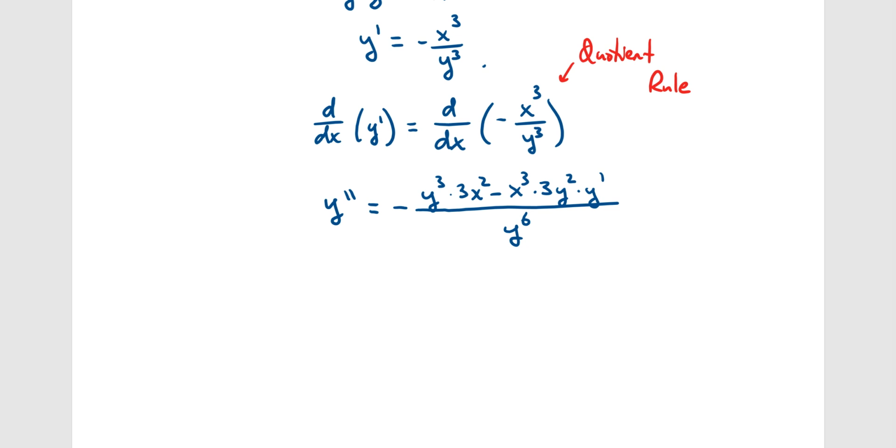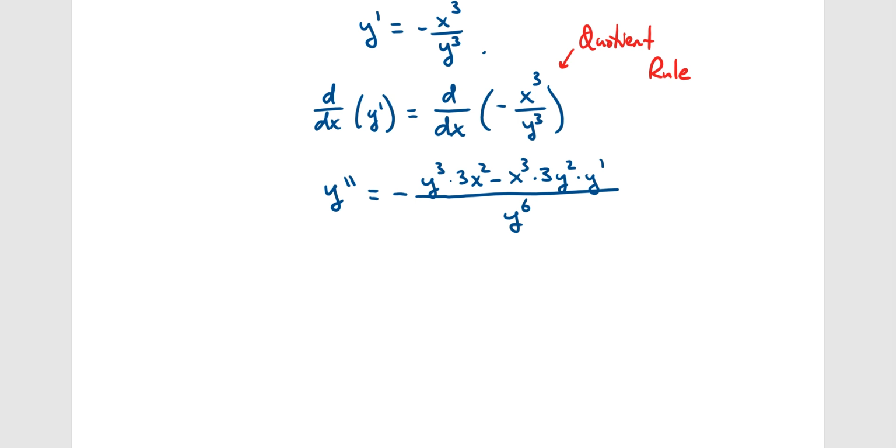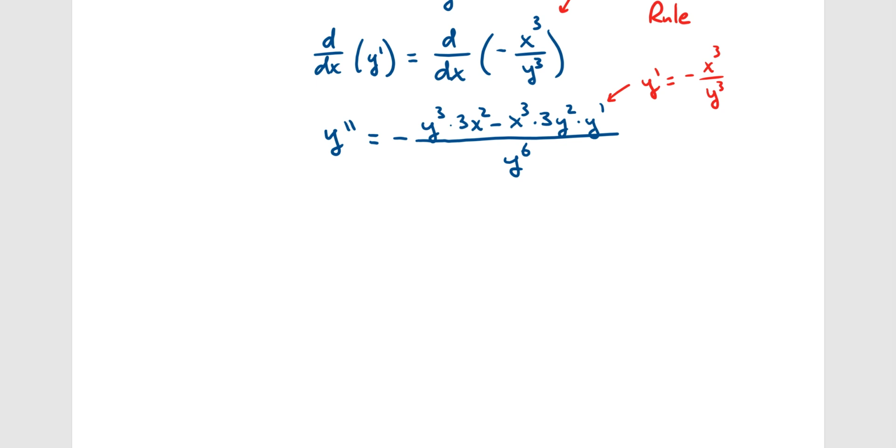And maybe this is where it gets a little complicated. We know what y prime equals because we found it already. Y prime equals negative x cubed over y cubed. So let's go ahead and actually plug that in for it and see what happens. So we get y double prime equals negative, and I'm just going to rearrange some stuff so it looks cleaner, 3x squared y cubed minus 3x cubed y squared times y prime, which is negative x cubed over y cubed, all divided by y